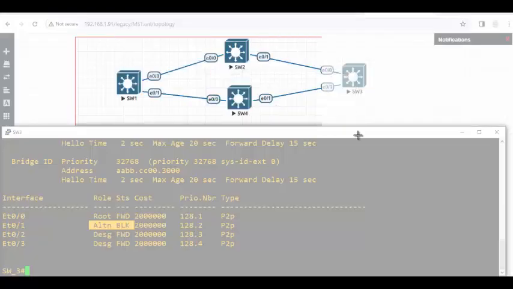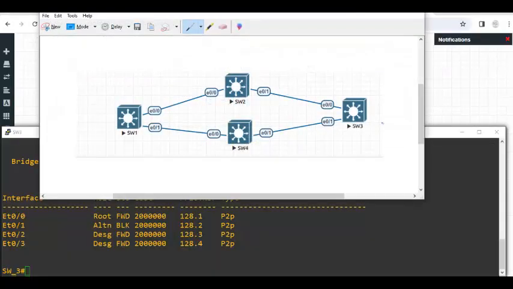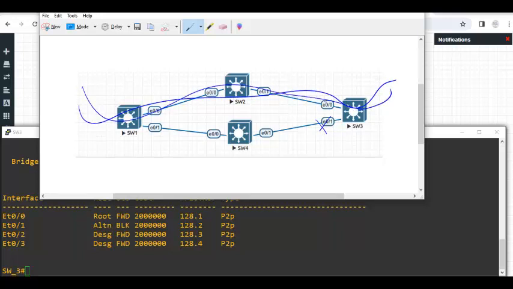And how many instances of spanning tree? Only one. If I want to load share, like VLANs 1 to 5 on the upper path, 6 to 10 on the lower path, then I need 2 instances, and I'll make instance 1 responsible for these 5 VLANs, and I'll give priority 0. Instance 2 responsible for these, and I'll give priority 0 for instance 2. That's the plan. Let me show you